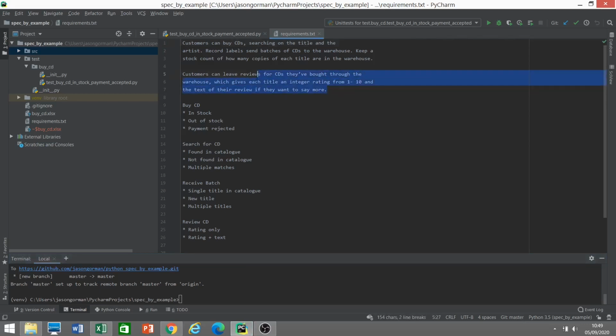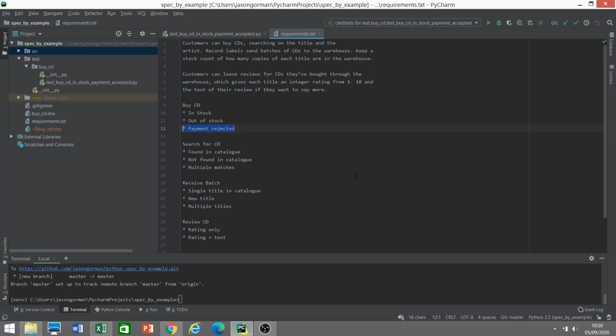There's our vague requirements there from our customer. And what we did was we went through that and we parsed those requirements, identified the key use cases, buy a CD, search for a CD, etc. And for each of those use cases, we thought about the different test scenarios that our software might need to handle. So for example, for buying a CD, the happy path is that it's in stock, or maybe it's out of stock. So we might need to write a test for what happens when that's true. We might also need to write a test for how to handle when their credit card payment is rejected. So that's all very useful and a great way of fleshing out a roadmap for the tests